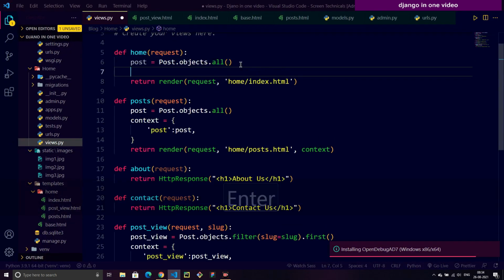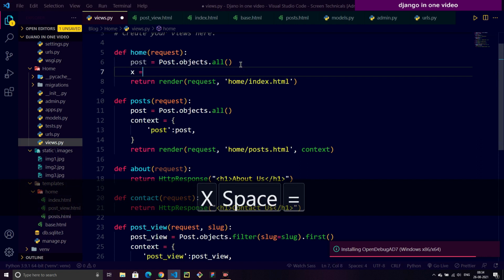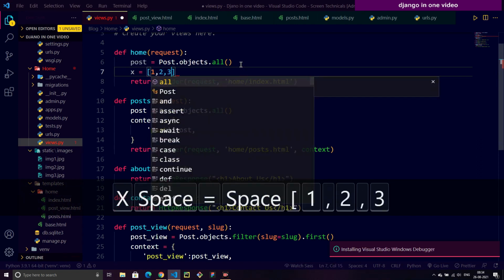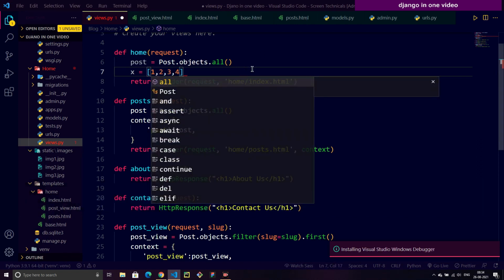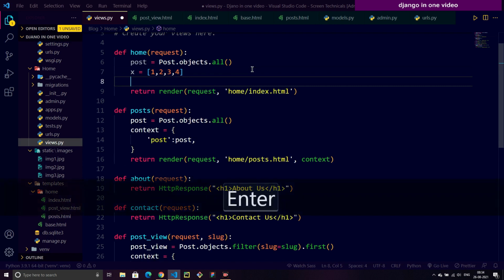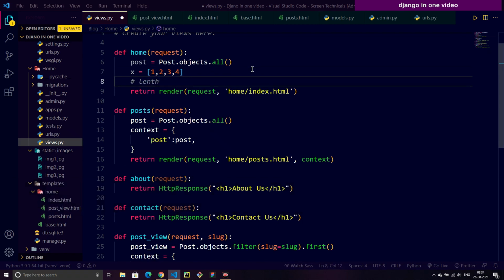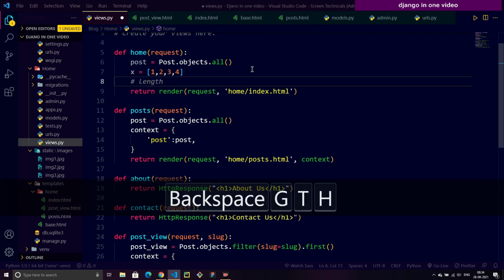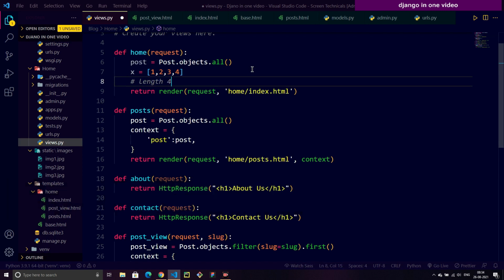Now let me explain one thing, right? Let's create a simple list. Let's say x equals to 1 comma 2 comma 3 comma 4, right? So this is nothing but a simple list, right? Now if I ask you the length of this list, right? Okay, which is, let's say 4, obviously it is 4, right? If I ask you the length of this list, that is 4,